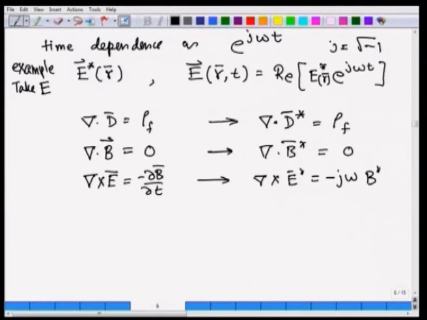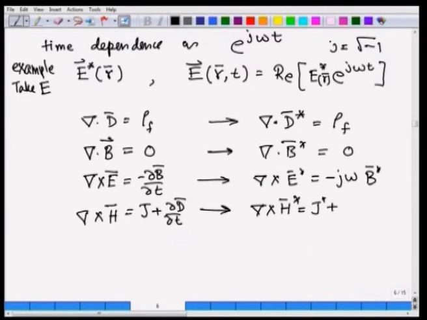of B star, and similarly curl of H is equal to j plus del D by del t, which translates into curl of H star equals j star plus j omega D star. Remember, this j omega again comes from del del t, and since the time dependence is always like this, j omega shows up here. In addition to that, let us assume, not assume, this is the constitutive relationship,